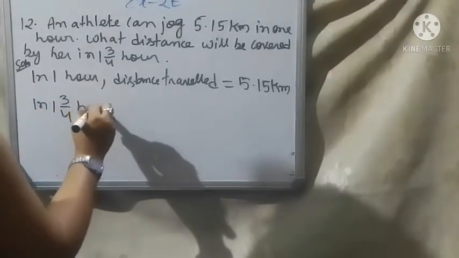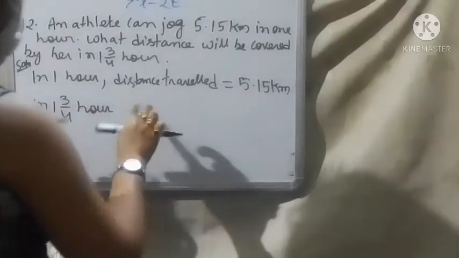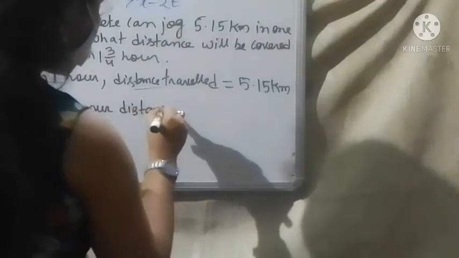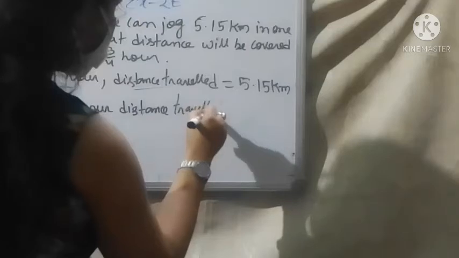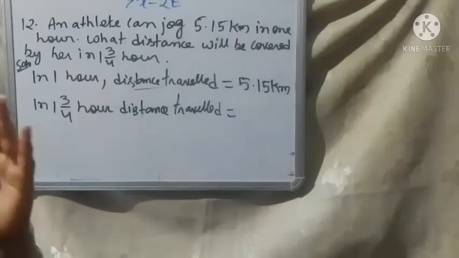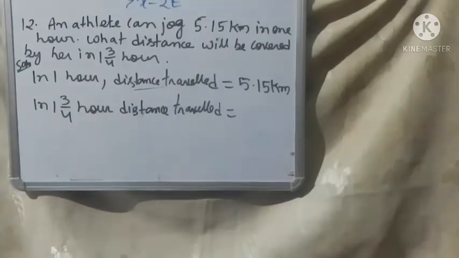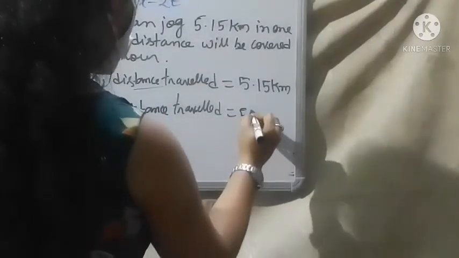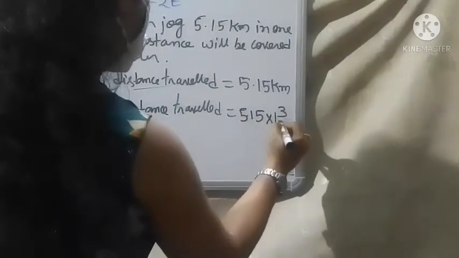Now in 3/4 hour, the distance traveled, this I have given, that means you will copy and paste this dialogue here. Distance traveled. Okay, for some students I am writing here. This will be multiplied with this. Suppose in 1 hour I can cut 5 pieces of cloth. Okay, in 2 hours how many pieces of cloth will I cut? 10 pieces of cloth. 2 into 5. Here also the same. 5.15 you will multiply with 3/4.